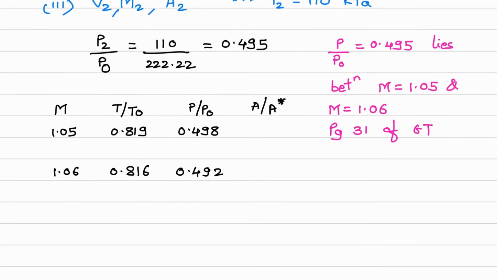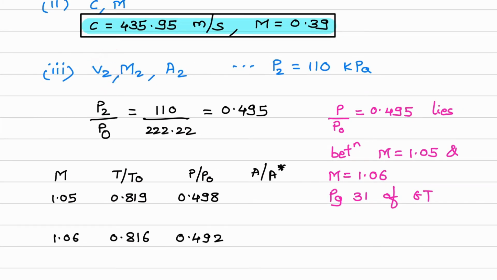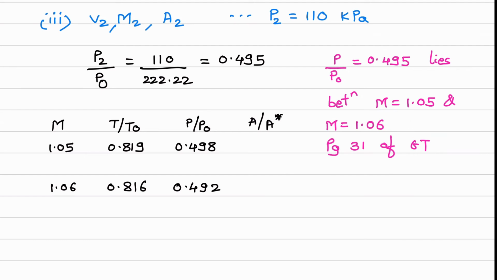See what we have to find out, we have to find V2, so we require Mach number. Okay, then we have to find Mach number as well. Okay, and then we have to find area as well. So area ratio is also required. Okay, so whatever is required that we will calculate. Extra thing also I will calculate and keep, so that you understand how to find the temperature as well if T2 is asked. So area ratio from the table I'll get this value 1.002, and this is 1.003.